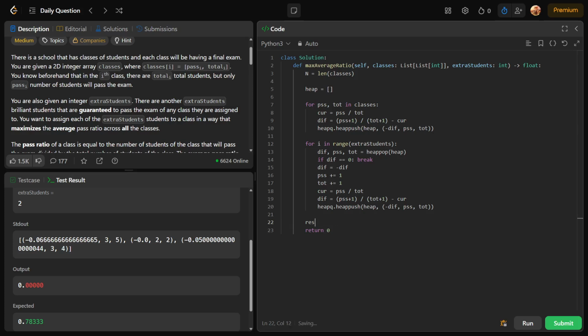So result is equal to sum of, and wait, x. Just give me a second. Okay, so how do I do it using lambda? Lambda x such that